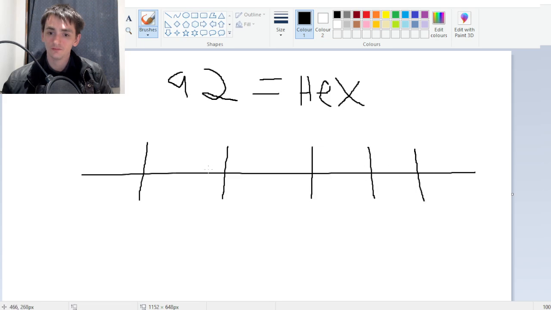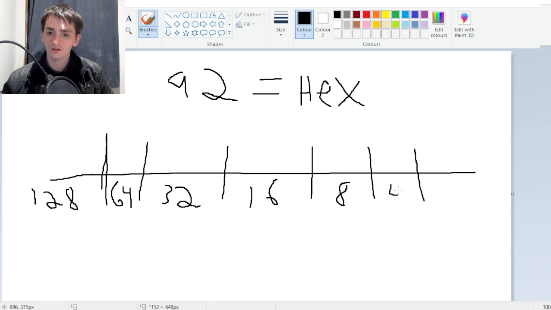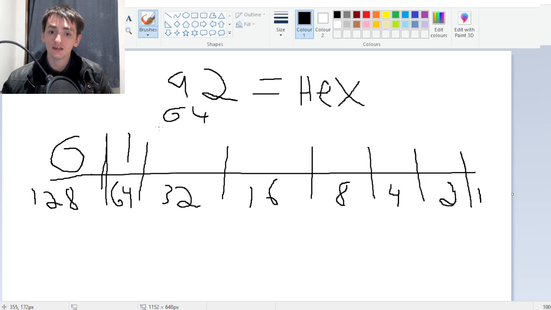1 2 3 4 5 6 7 8. 128, 64, 32, 16, 8, 4, 2, and 1. 1 2 4 8. 1 2 3 4 5 6. So how many 92s go into 128? None. How many 92s go into 64? 1. So we take away 64 and we get